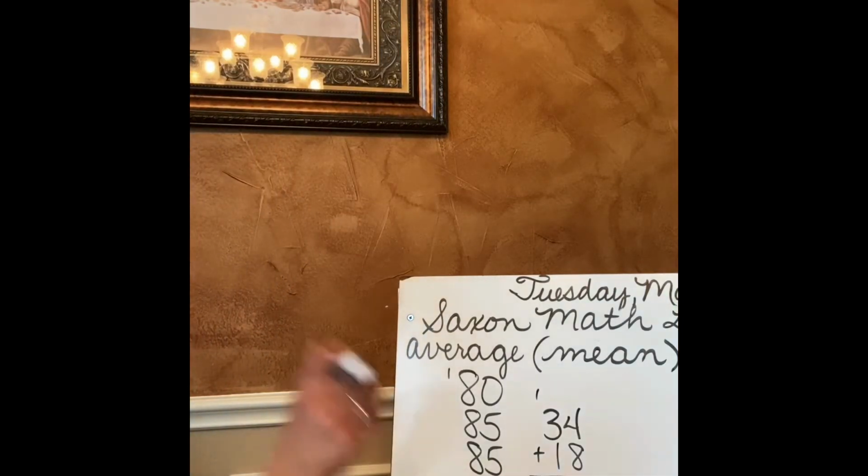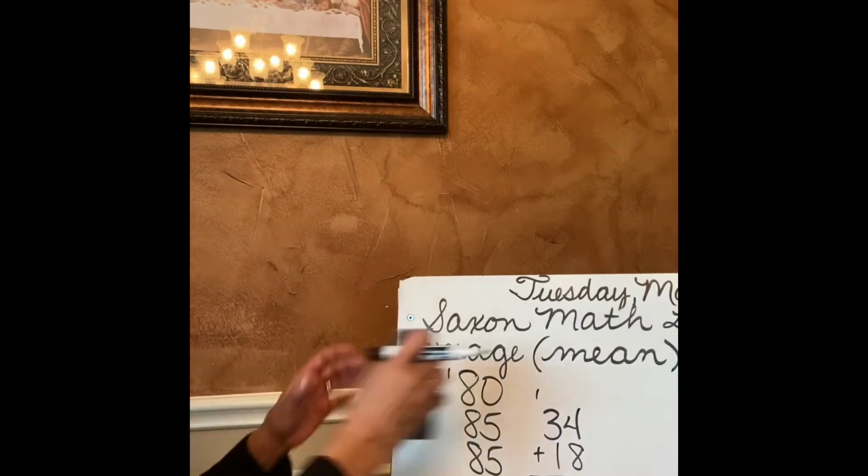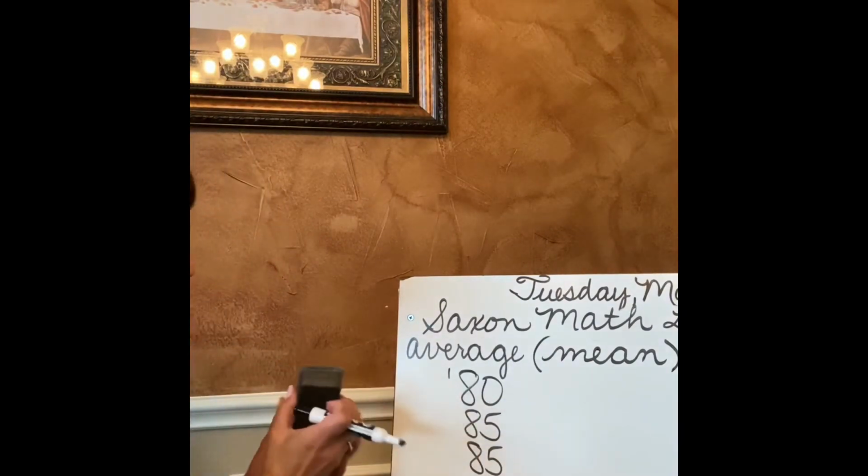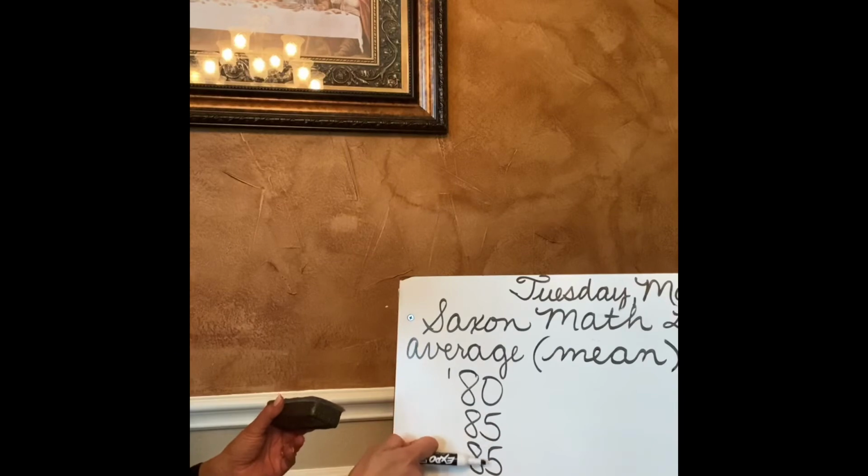So we're going to take 525 and we are dividing it by 7 because remember, you divide by